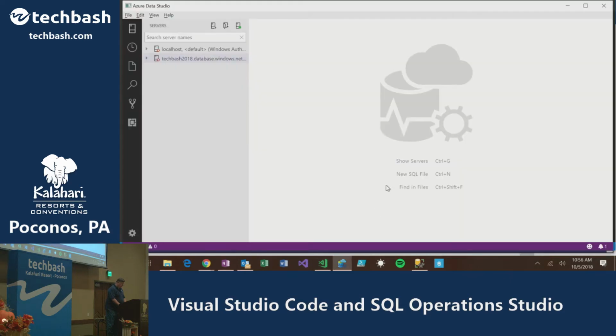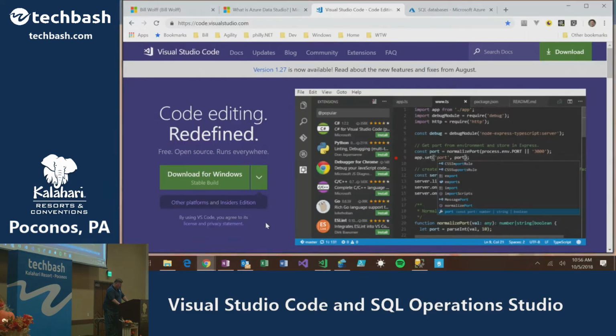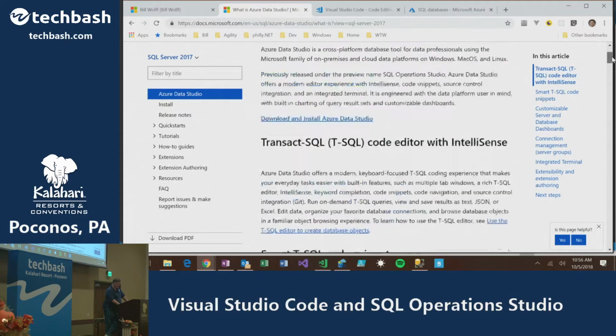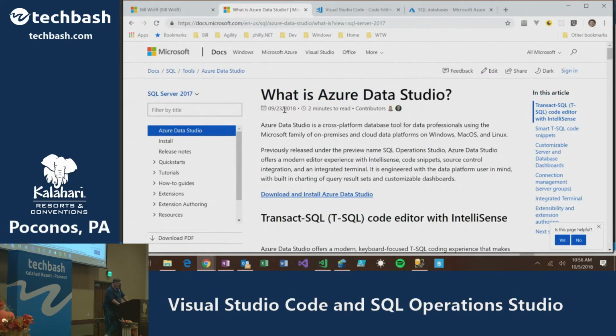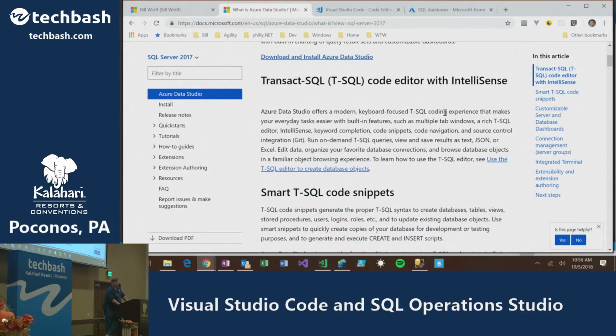Where do you get these things from? If you go back to the web pages I showed you, Azure Data Studio, there is a section now on docs.microsoft.com that explains what this is. It was just written a week, or a week and a half ago, so they have the beginnings of some nice documentation.